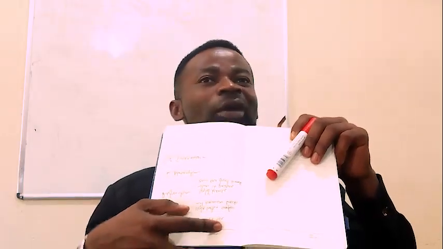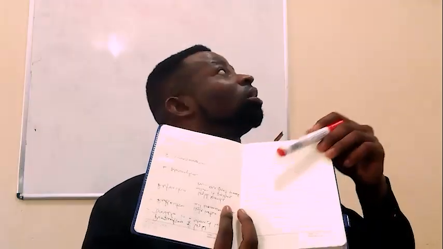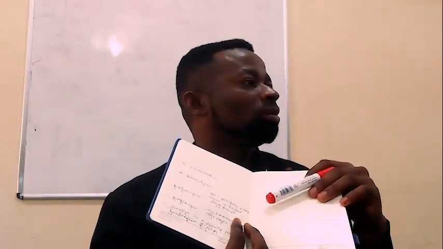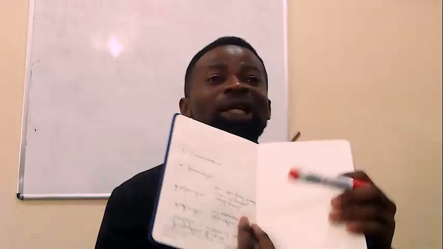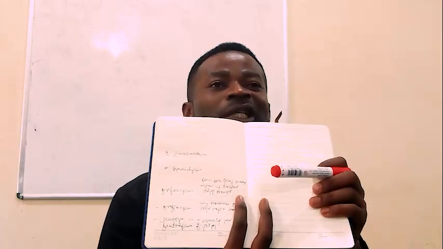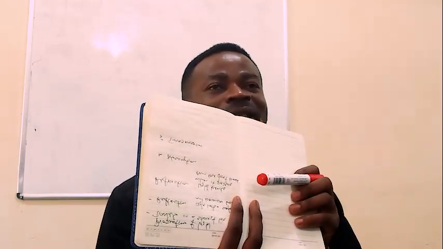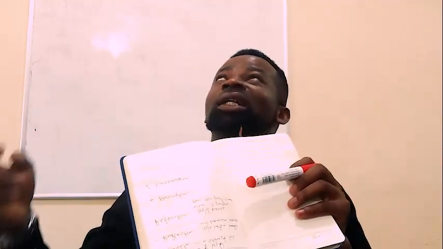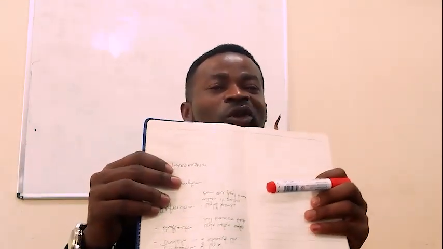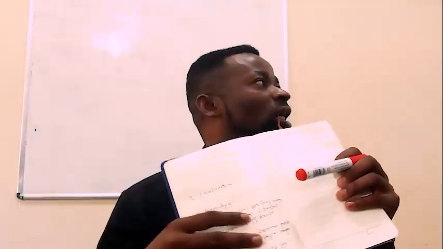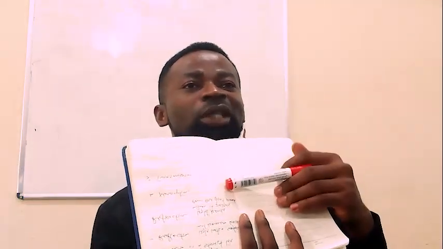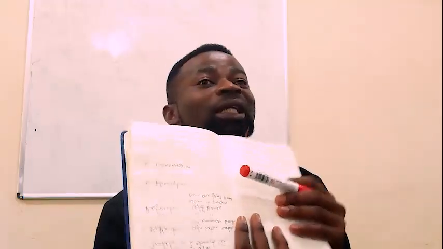For example, this paper I'm holding, assuming it is a reflector, right? Now when the light bounces on this surface I'm holding, you now discover that you can direct it to where you want to. So if you bounce light on a subject or on a surface, now you can redirect it.